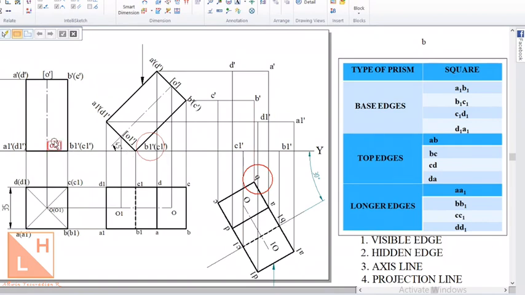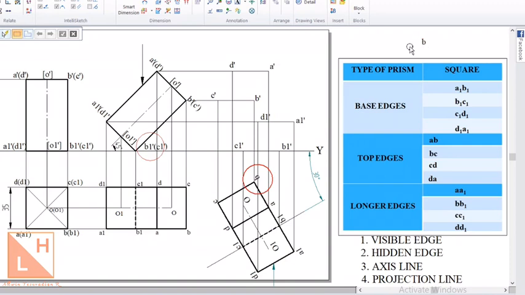It is going to vary for different prisms and pyramids how many points you are supposed to refer to identify the hidden edges in the final position. Now remember, the procedure and the methods which I am telling you are applicable only for that particular position. Here in the second position we saw the top to bottom direction, which is applicable only for the second position. Now we are seeing the bottom to top direction, and we are going to see only one point in the bottom to top direction for a square prism. If it is a pentagon or hexagon prism, I'll let you know about it in the next problems.